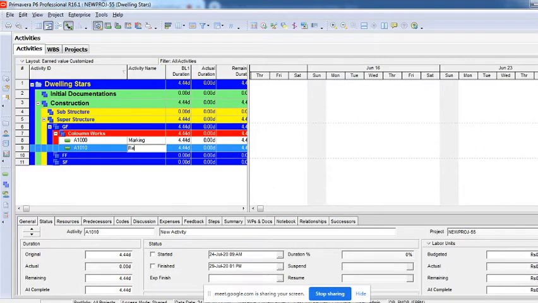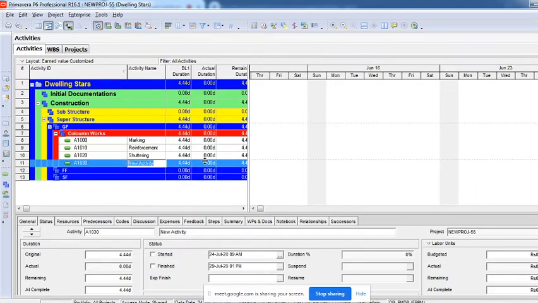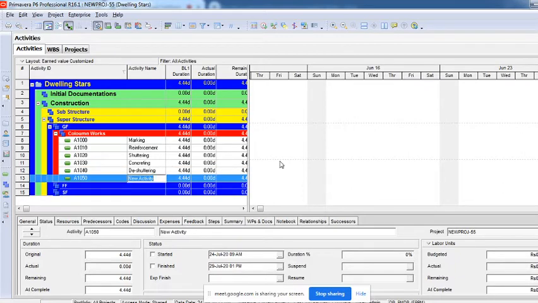I'll call it reinforcement, and then I'll add shuttering, concreting, right? So de-shuttering, and so on and so forth.